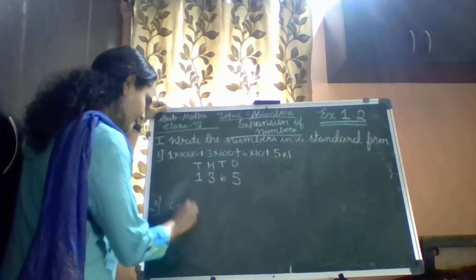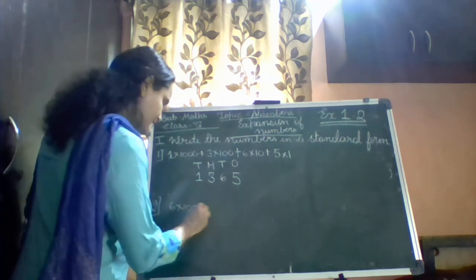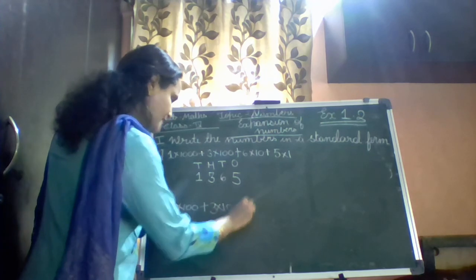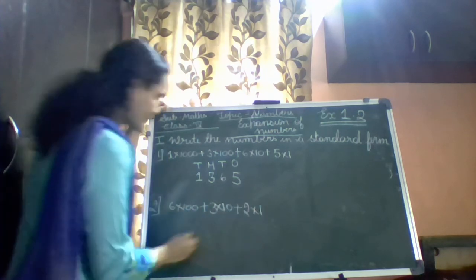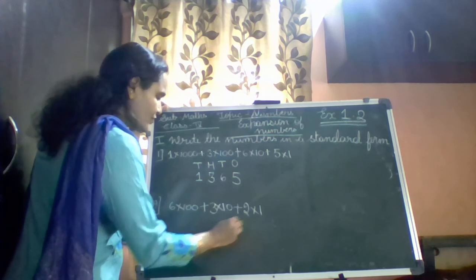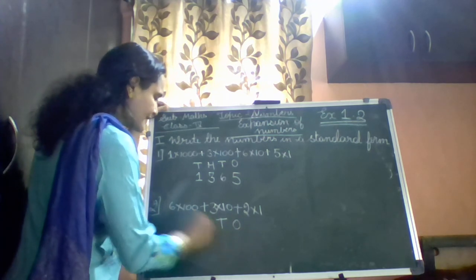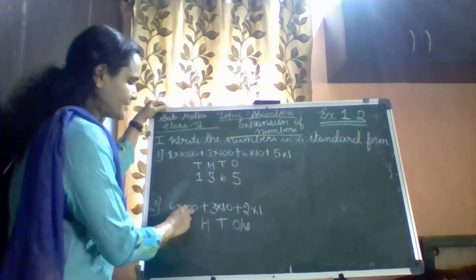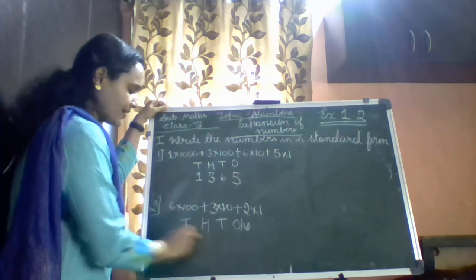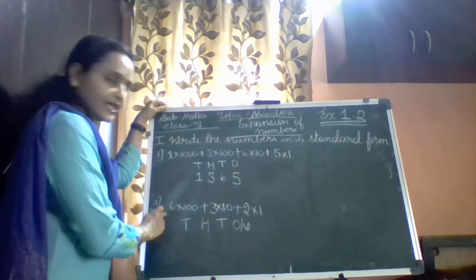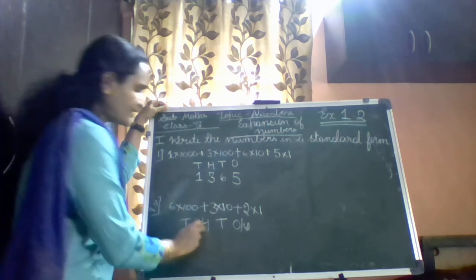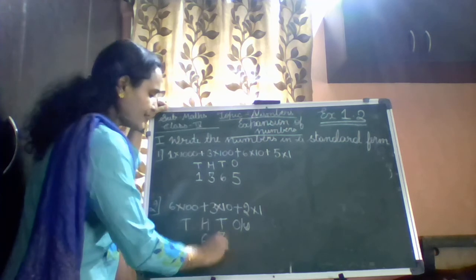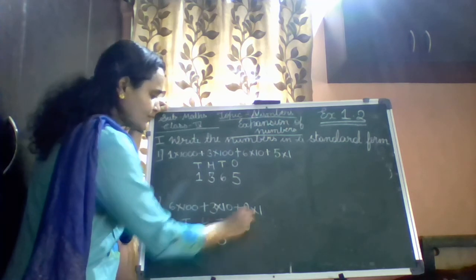6 into 100 plus 3 into 10 plus 2 into 1. Okay. So write the place values, units, tens, hundreds and 1000. Ones or units, anything you can put. Okay. So now 6 into 100. So you have to put the 6 under 100. Don't put it under 1000. They have not given anything under 1000. So 6 into 100 is nothing but put the 6 under 100. 3 into 10, put 3 under 10. Then 2 into 1, put 2 under 1.